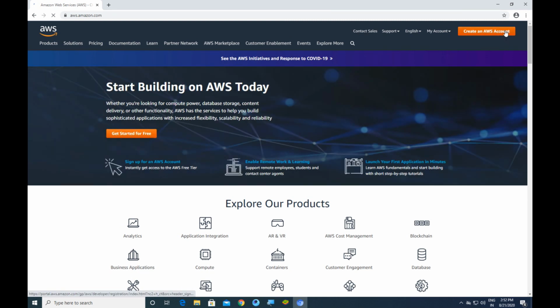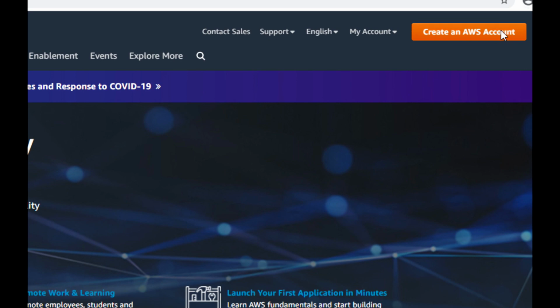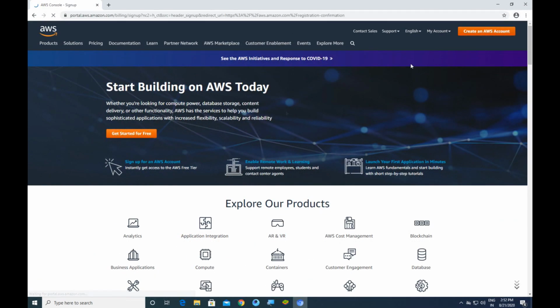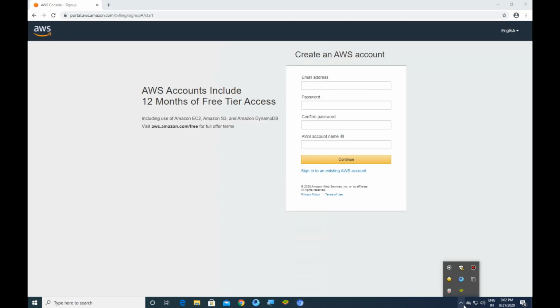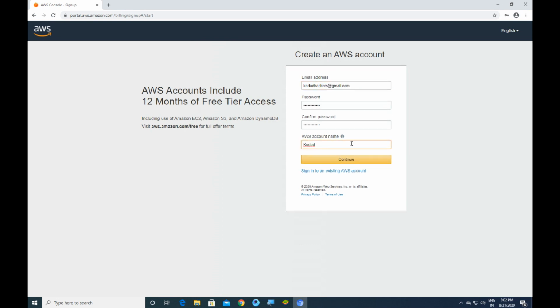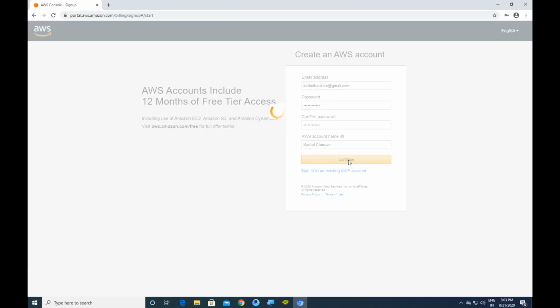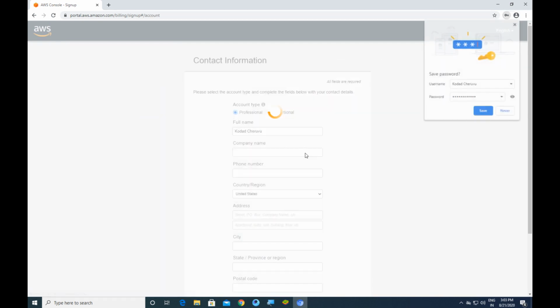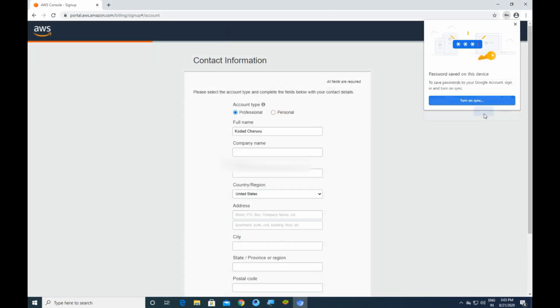Guys, after redirecting to AWS, now click on create an AWS account. Now you have to enter your email address, password and AWS account name. Please enter your details. Now select the account type as personal.